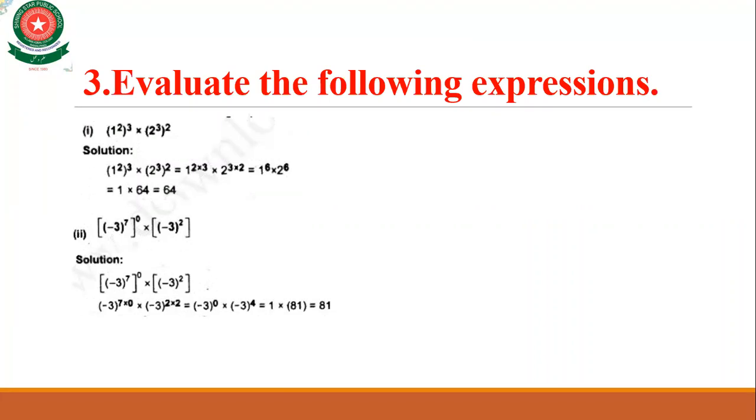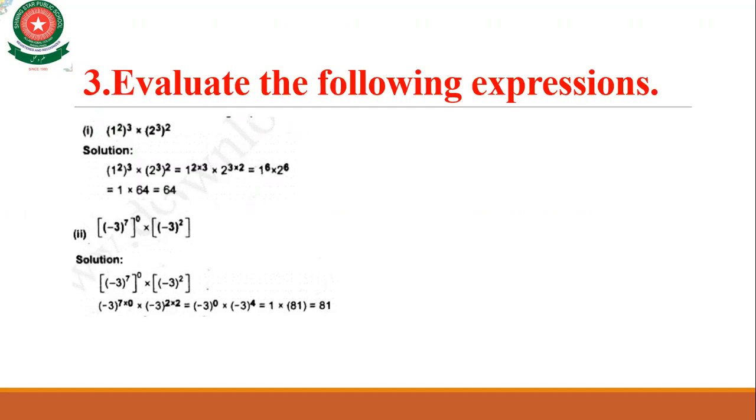Now the second part is minus 3 power 7 whole power 0 multiplied by minus 3 power 2. So here you must remember the second law, negative exponent, in which we have studied that whenever there is 0 in the exponent, then the answer will be 1. So you can see that, but here we will solve this question step by step. In the first step, we just rewrite the question again, and then in the second step, we have to multiply 7 with 0,